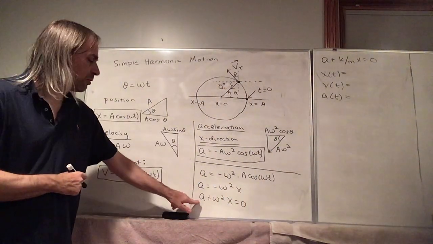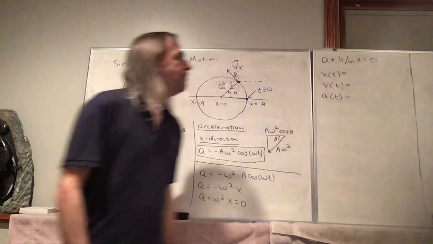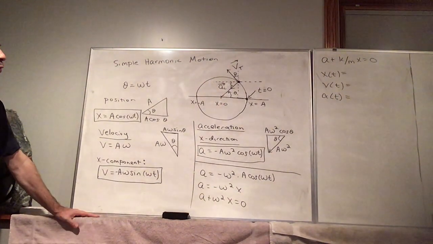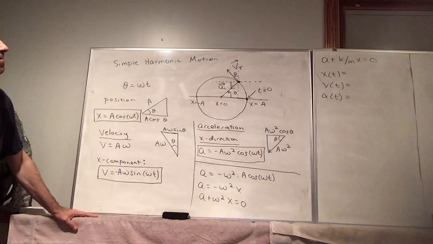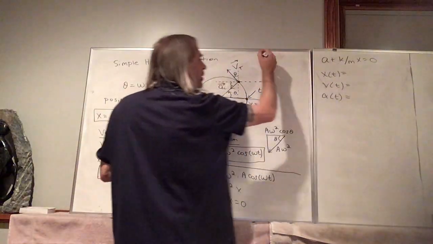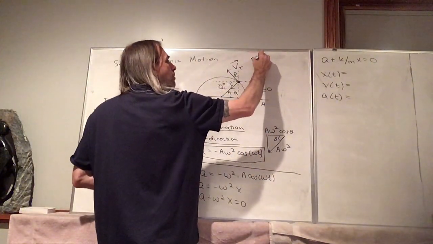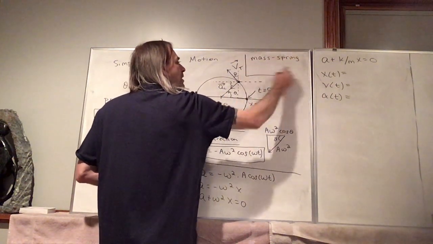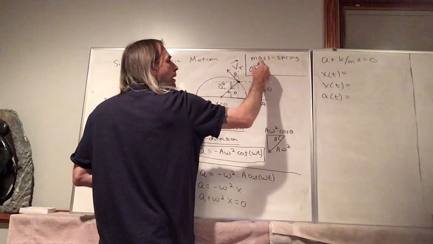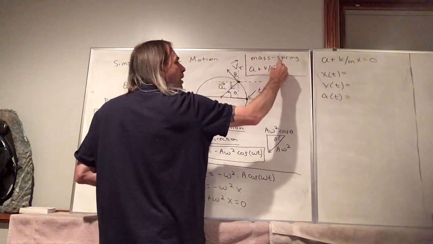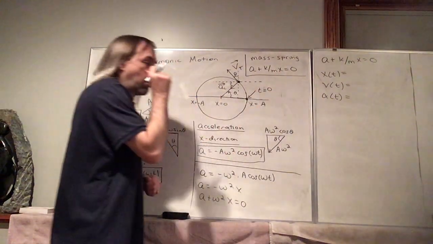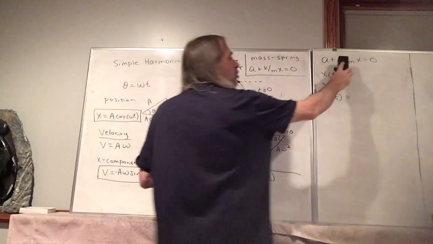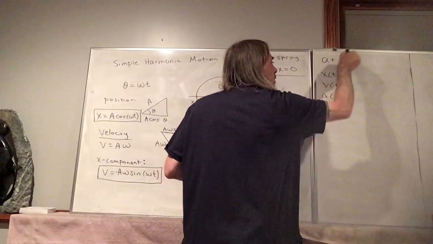Let's compare this equation to this one, and basically it is the same thing. So what I want to do is move this equation over. For a mass spring system, Newton's second law tells us that a plus k over m x equals 0. And if we take this equation here, a plus omega squared x equals 0,